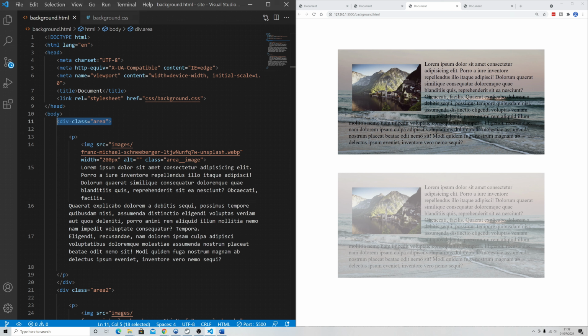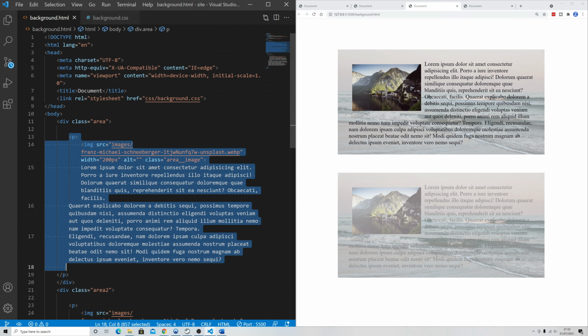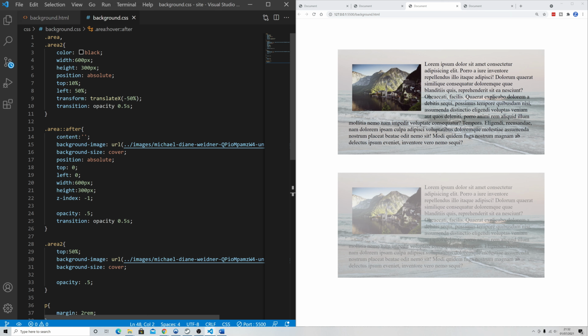So your next thought might be to use the before pseudo class and to add all of this paragraph information as the content to our pseudo element. Unfortunately, that won't work either. And the only reason why that won't work is that there are very strict rules in what can go into the content. Now the content area can hold text, it can hold image references, and a few other things which we're going to be looking at in a follow-up video. But what you can't do is just put in any HTML. If you try and copy and paste that paragraph text into there, it just will not work. Ironically though, the solution to this